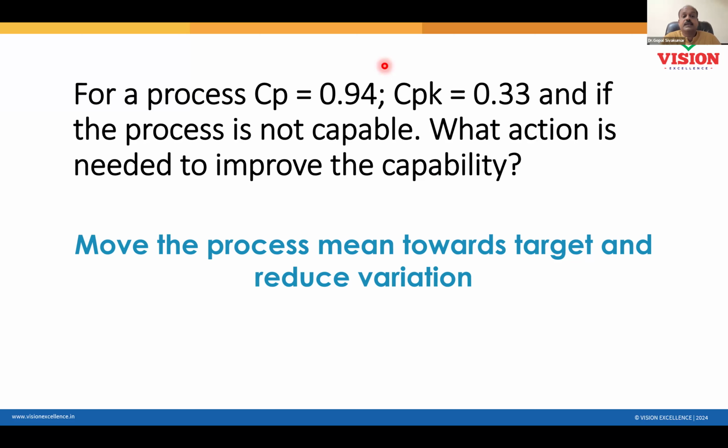If you are working with one-sided tolerance, that is what I told you, in your case you don't have to look at CP. Since the tolerance is unilateral, you must always base your decisions on CPK only, not CP, because the chance of making misleading and wrong decisions will be higher if you look at CP, because the process is one-sided, isn't it? So you don't have to look at CP at all. CP is not required for unilateral tolerances. Only CPK is required.